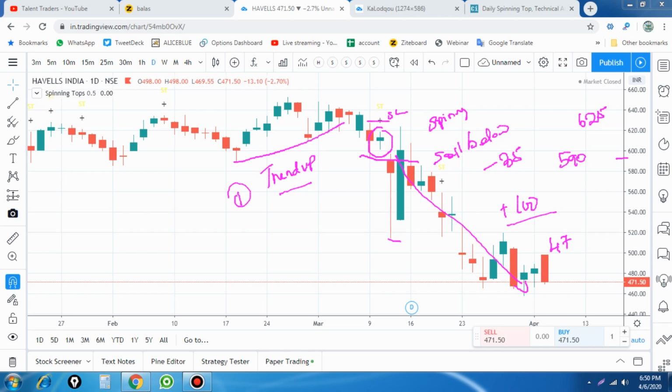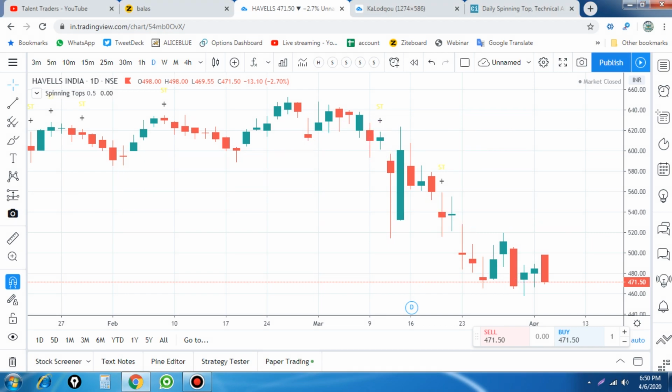The first thing is the previous trend, because we are finding a reversal in trend, so when the trend gets reversed, that is the important point. Whenever we get a reversal point, again here we got a type of spinning top, a morning star like pattern. Here you see the candlesticks gap lower and form a morning star pattern. So if you are finding a morning star pattern, what are we going to do using it?